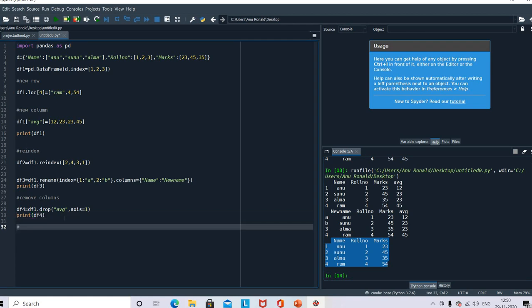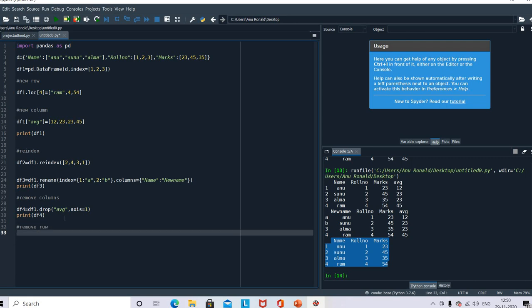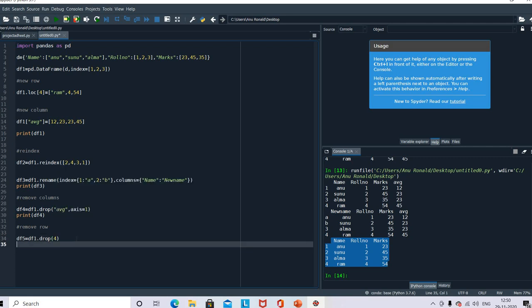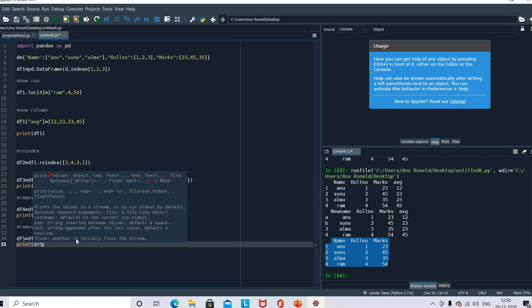Next, how to remove a row. I am writing df5 equal to df1 dot drop of the index value that you want to specify. So I just want to remove 4 and I am printing print of df5.